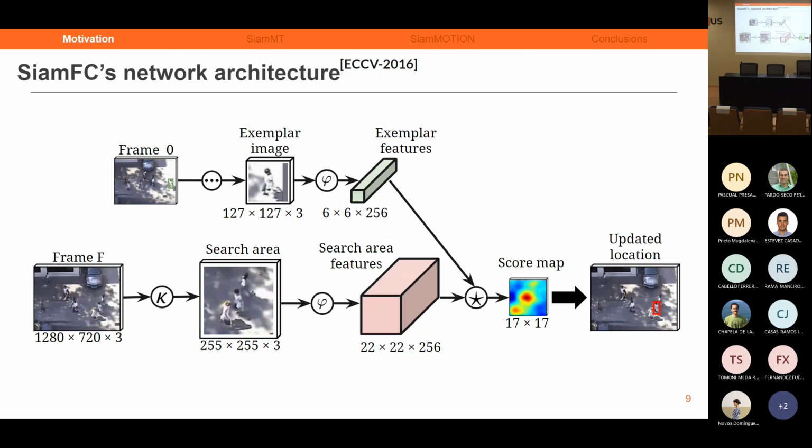So the idea is that on these AlexNet-based backbones, the weights are shared, they are learned together through the process of backpropagation, and for inference, the same function is applied to the exemplar and the search area image. So the last thing that remains to do is to merge those Siamese branches using a similarity operation. In the case of SiamFC, a convolutional layer. I don't know if I made myself clear or not. Yeah. Okay. Very clear.